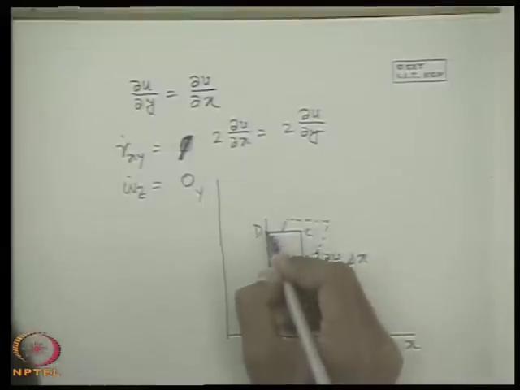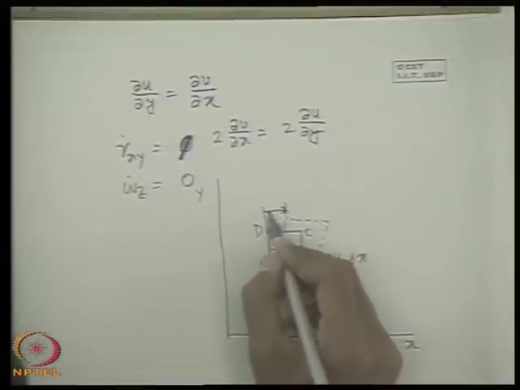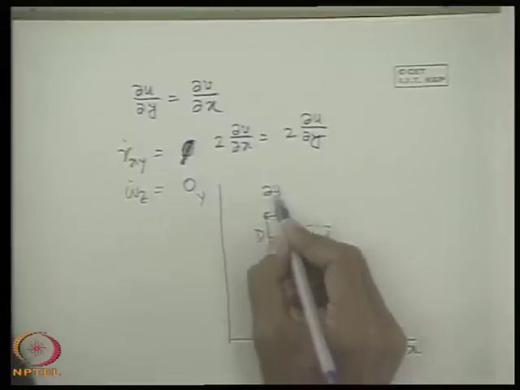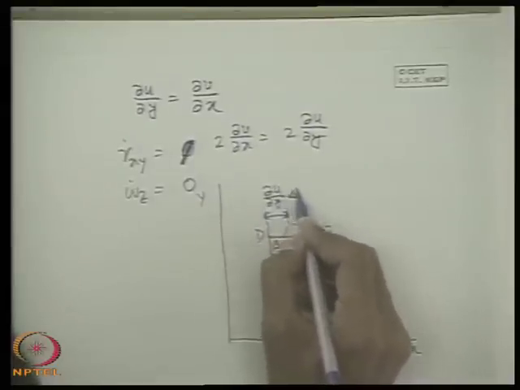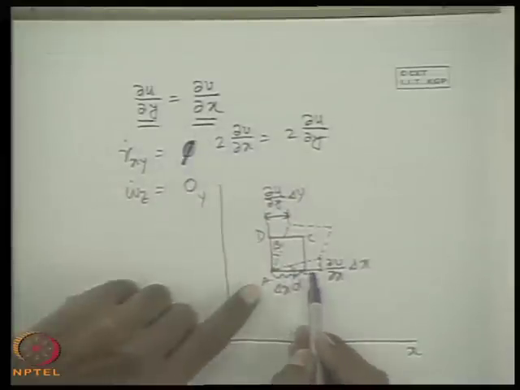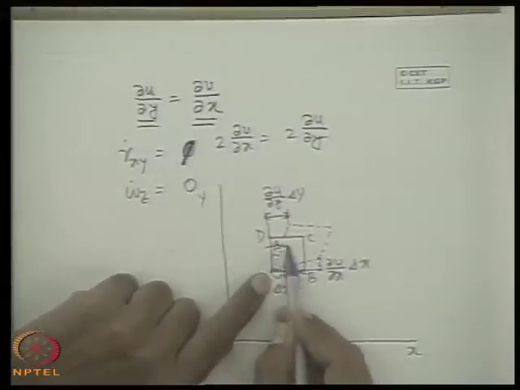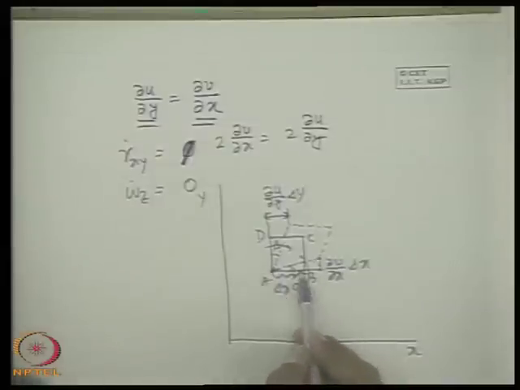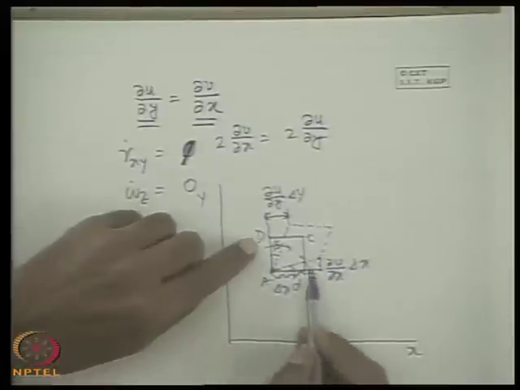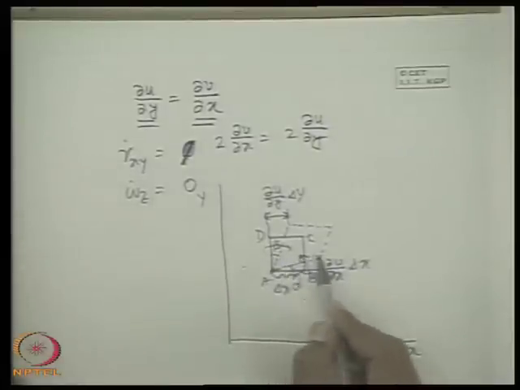So del u del y is positive also. That means in the positive direction there is a displacement. So del u del y is also positive. So therefore both of them are of the same sign, so the two linear elements will move in the opposite direction. If two are negative, then this was moving in this direction, this was moving in that direction. That means both of them will be moving in the opposite direction, which we first